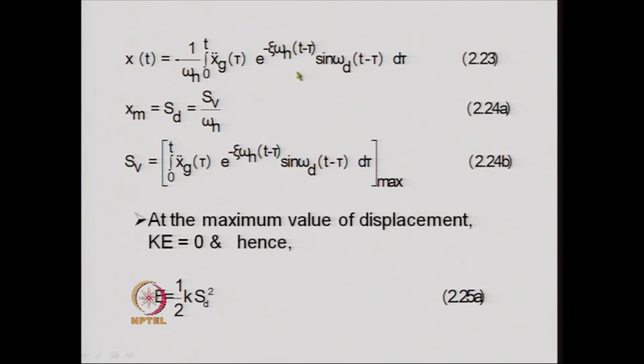The basis of the Duhamel integral I just want to mention so that you can recall it, that if we give an impulse of x double dot g tau into d tau, then the response at a time t will be equal to the free vibration that takes place